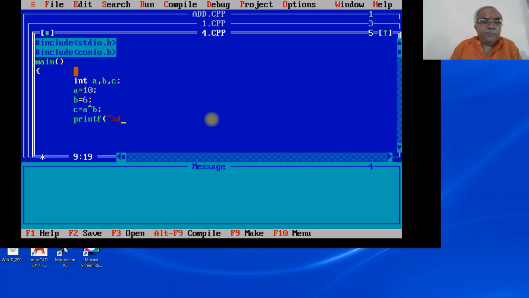Then printf %d caret %d equals %d slash n, then A comma B comma C, then getch function, then close the parenthesis.